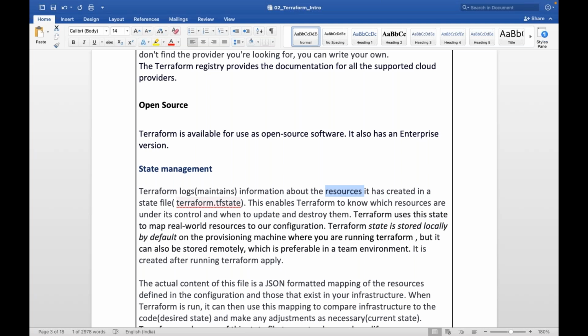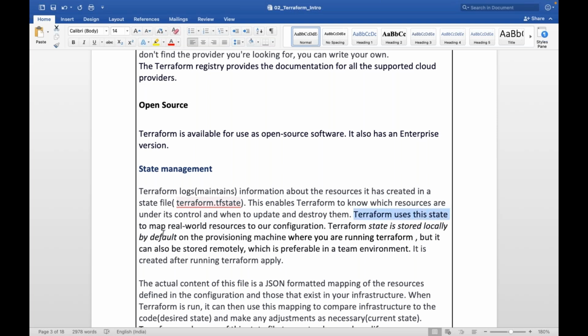What resources have been created by Terraform is maintained in a state file. So this state file enables Terraform to know which resources are under its control, and when to update or destroy those resources is based on the Terraform state.